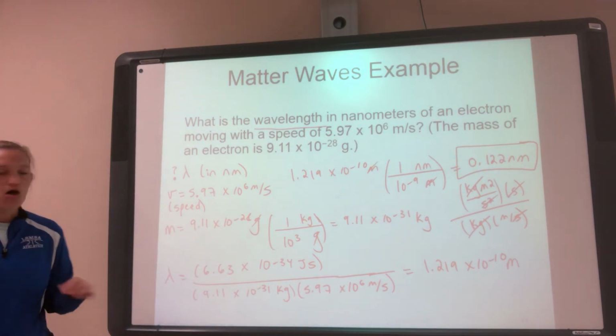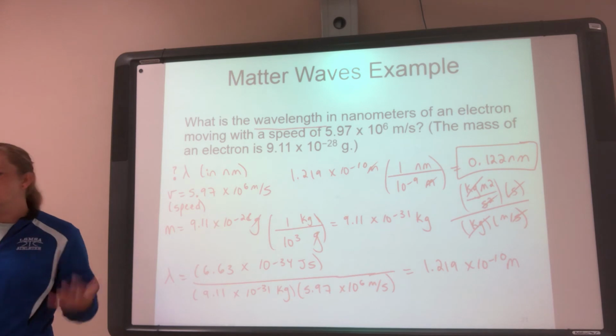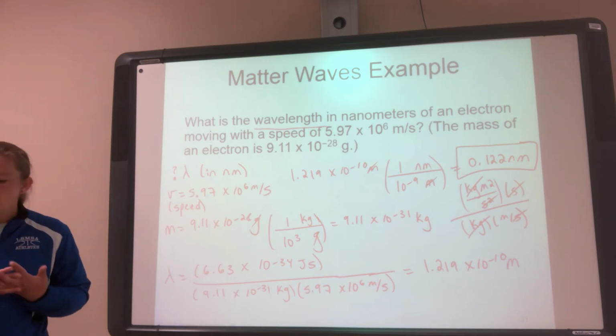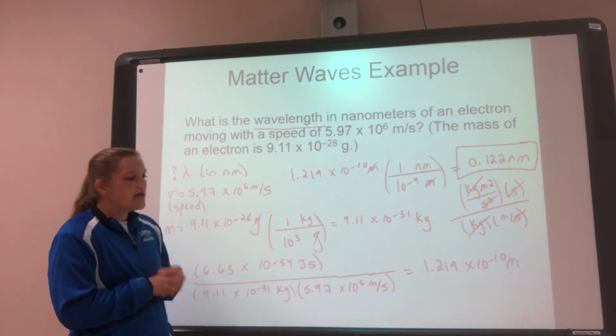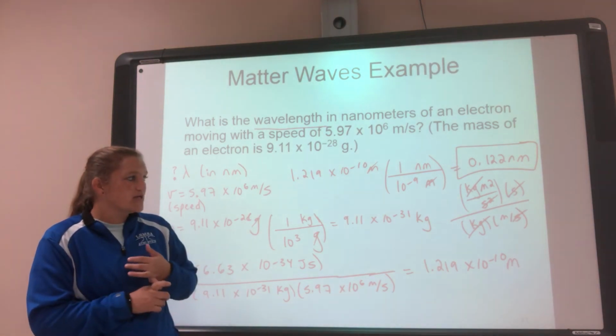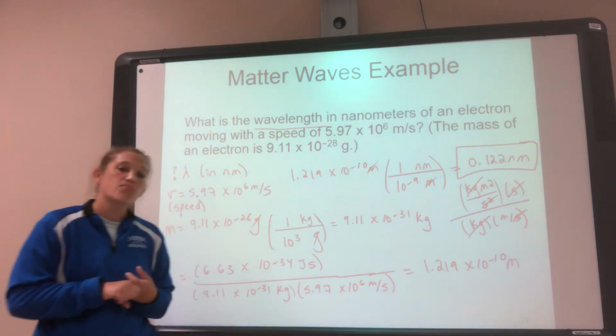So this was relating the speed and the momentum of our electron to the wavelength. Now we've tied it all together. But the last thing we need to talk about is exactly where my electrons are. Now we know how the electron is going to behave. It's going to be similar to light, so it's going to act like a wave and act like a particle.